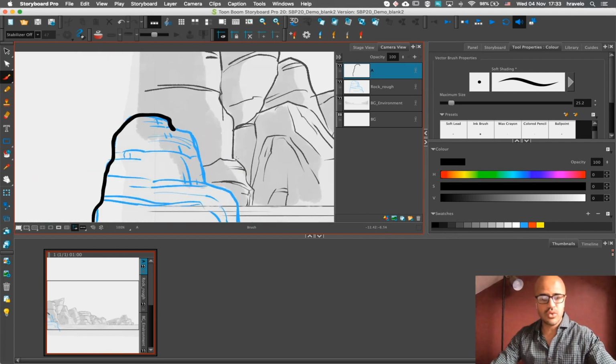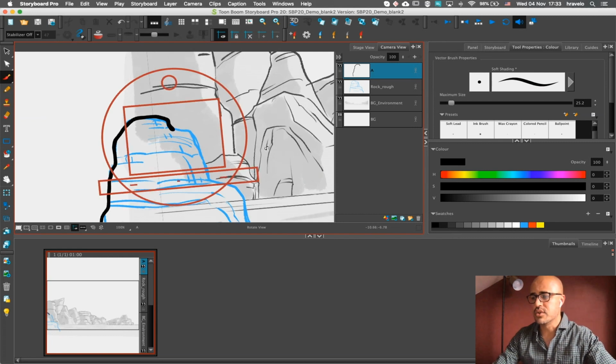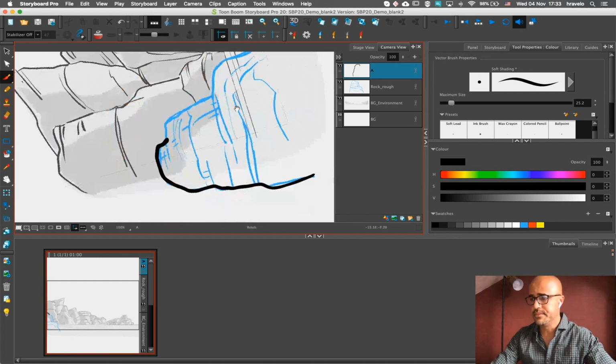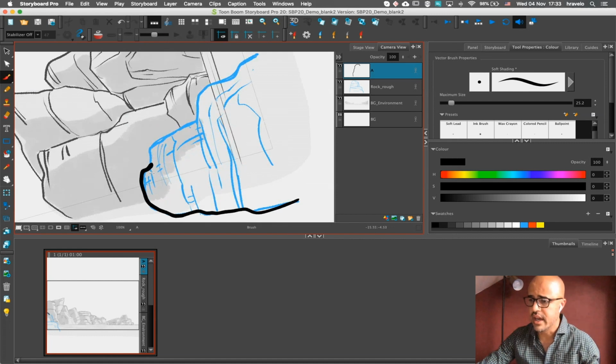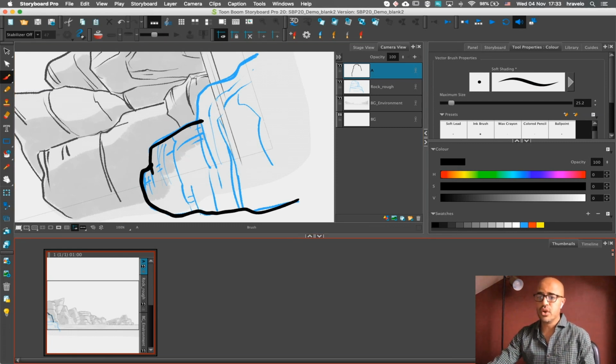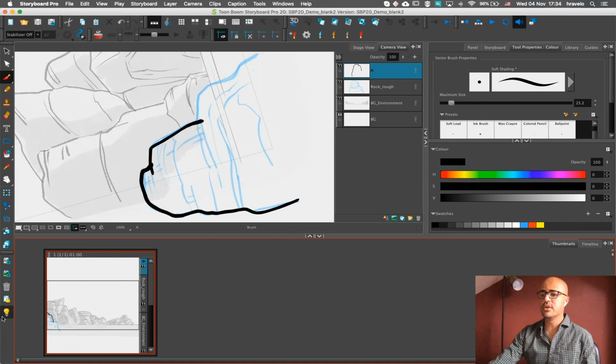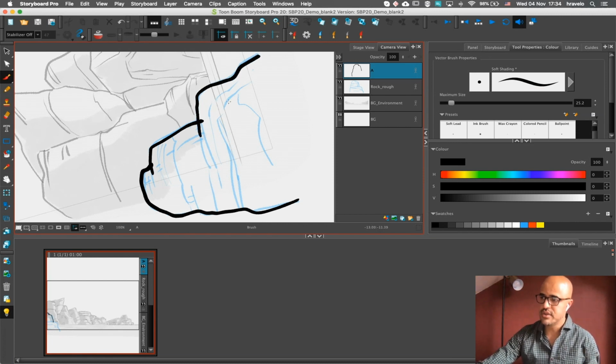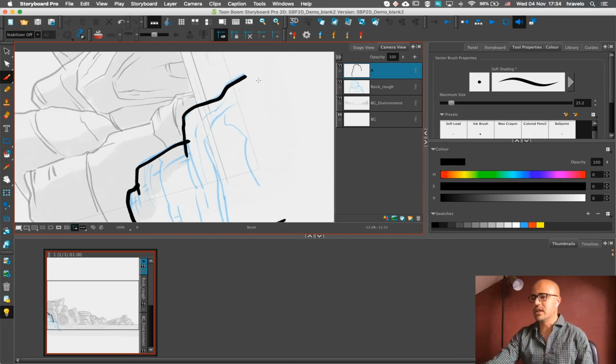I can use several tools such as a rotation table to help me as well. So I can do that and rotate the table like this in order to be able to follow the line a bit nicer. I can also turn on the auto light table. Now the auto light table will allow me to focus on the layer that I'm in and dim all the other layers. So that gives me a good way to focus on my line. So as you can see, I can carry on drawing like that using the